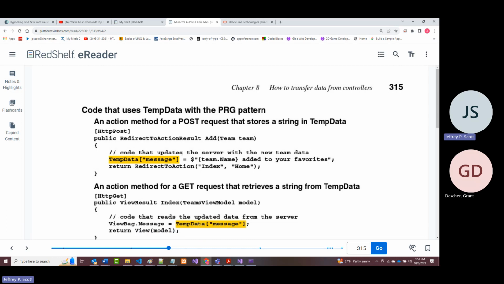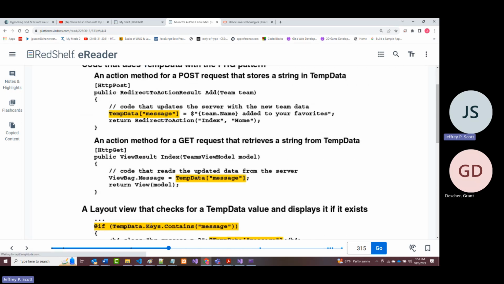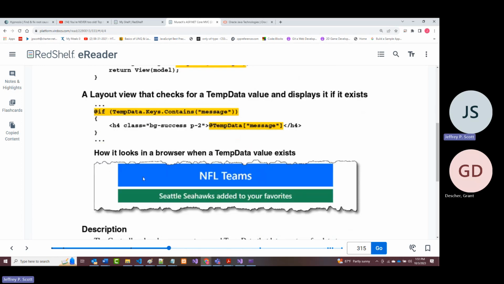So as it says, there's that temp data. And they've set the message there. Okay, when they get back here, they're checking that. If you haven't set this, it's a brand new variable. You won't get an error because it's temp data. But if message has not been set, it'll be null, so there's nothing to print anyway. Then you want to show it. All right. So as mentioned here, then